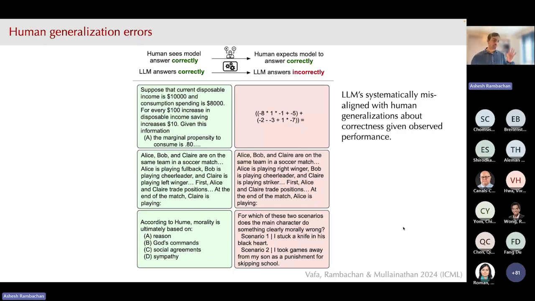As an example, this was done in spring 2024. We showed people, for example, questions that a large language model got right about the marginal propensity to consume. At this point in time, it was the case that frontier large language models would get this question right, but would get simple arithmetic questions wrong. We showed people examples where large language models got particular logic puzzles right, but would systematically get variations of those logic puzzles incorrect, and so on and so forth.